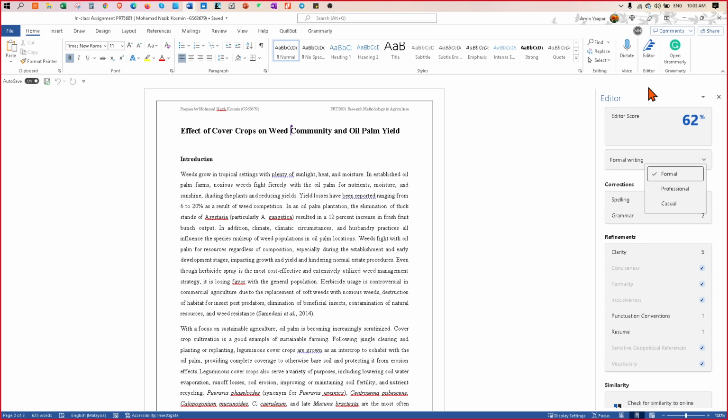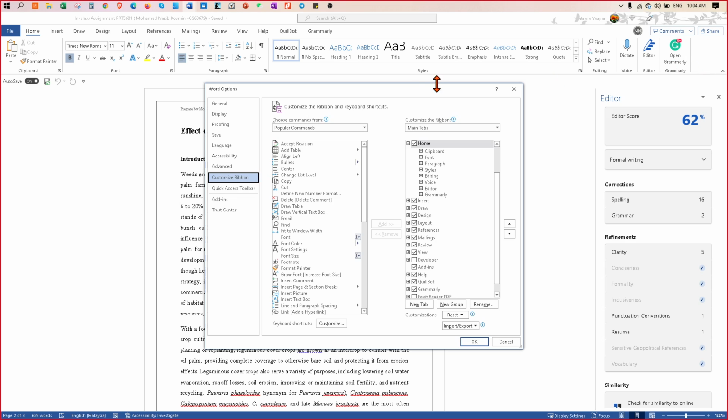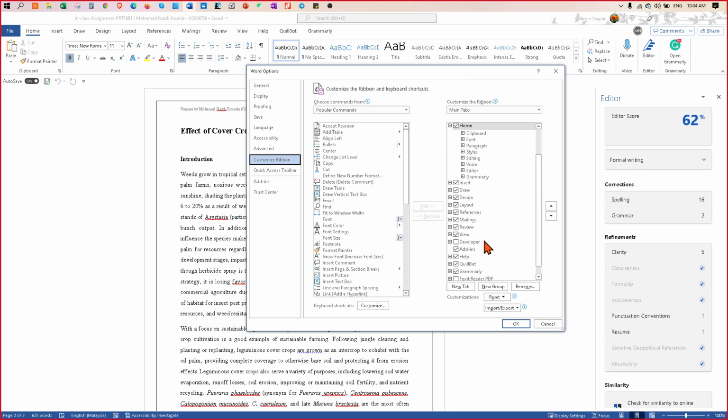Betul, saya tak ada lah. Macam mana? Oh, ada. I think you need to customize your ribbon, and then you need to turn it on. Because I have turned it on. You see, I got editor here.